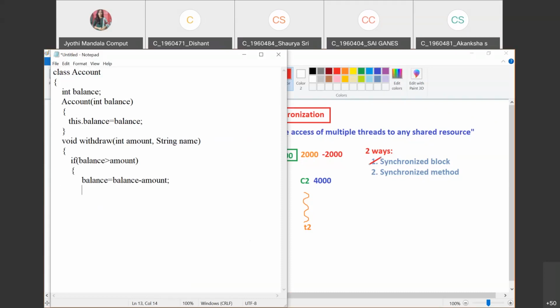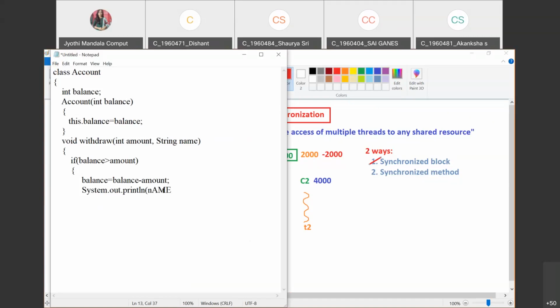Now, once the balance is updated, I just want to have an output statement to the customer saying that you are the person who has done this operation. So for that, I am just adding the name here. Whoever the person performing this withdraw is, his name I'm adding here, which we are passing as an argument.